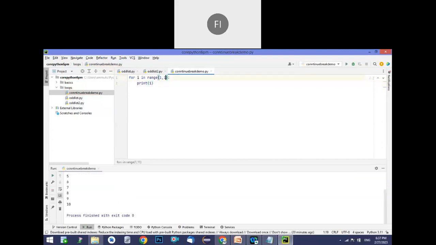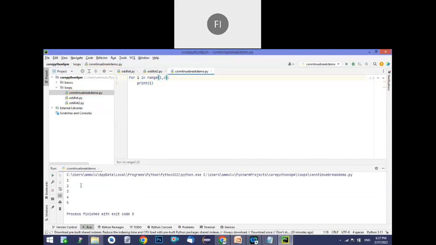To make it even simpler, I'm writing 6 here. See, 1 to 5 is coming. As I mentioned already, the range function, right? For example, if I'm giving 1 to 20 and each time I want to increment by 5, now you see 1 to 20, you are getting 1, 6, 11, 16. And now if I give 0 here, what you are getting is 0, 5, 10, 15, because you are giving a stopper of 20.